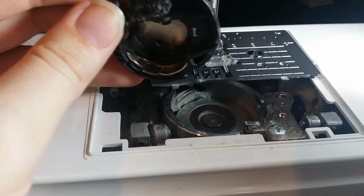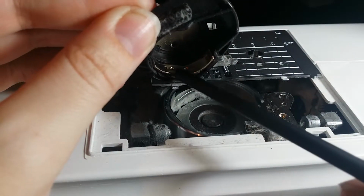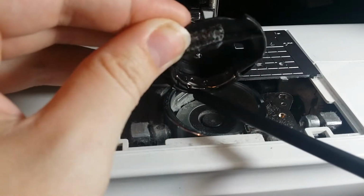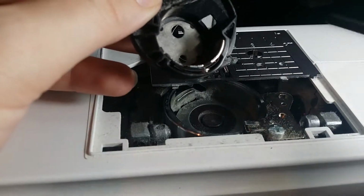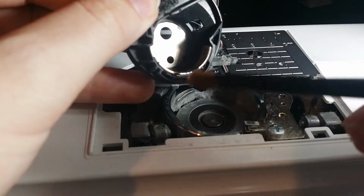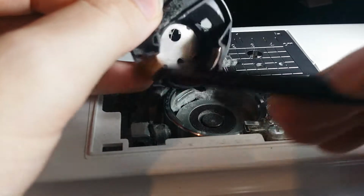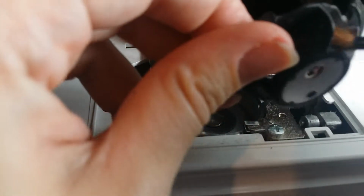And you'll want to be extra careful and make sure that you clean out right where the actual tension areas are, because lint can get in there, and you'll need to do what's called flossing then. That's when you just take a piece of thread and you floss it back and forth in there like you do your teeth to get the lint out. So once that's clean,